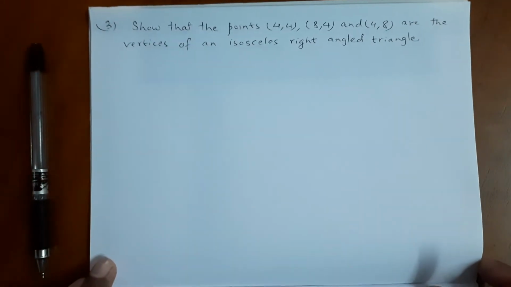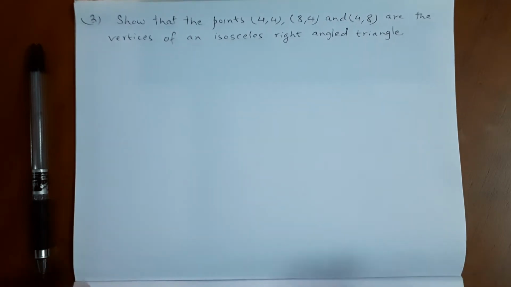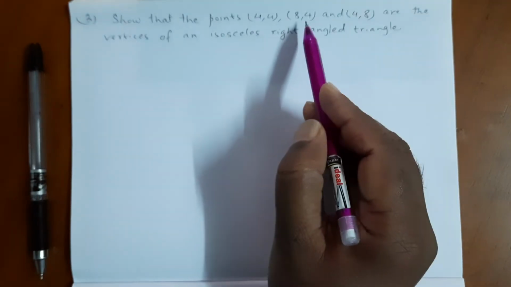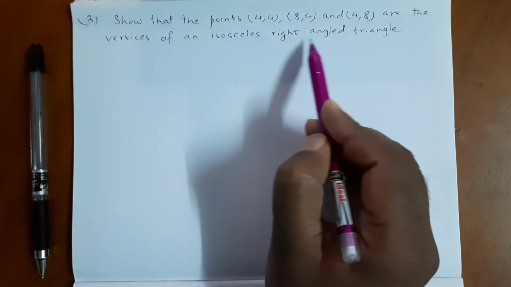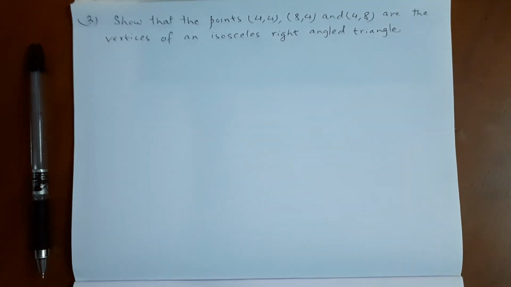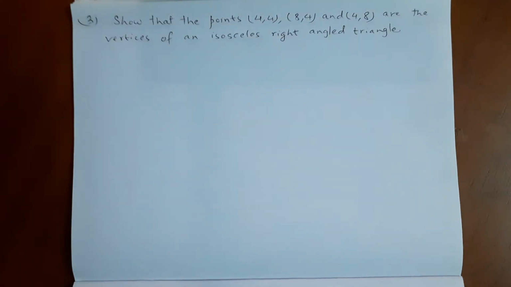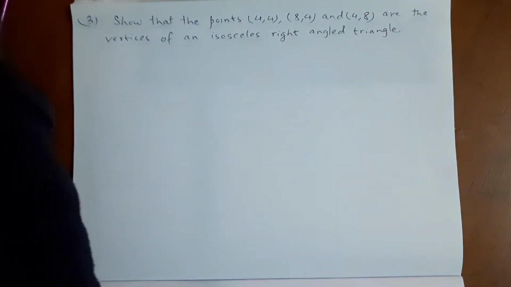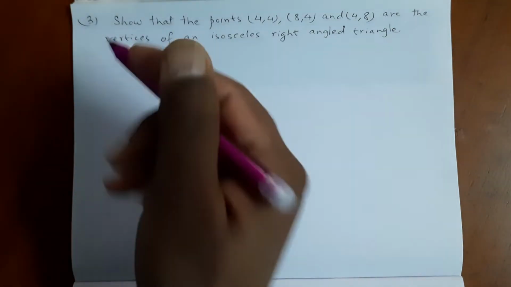Okay, here we have to prove that (4, 4), (8, 4), (4, 8) are the vertices of an isosceles right angle triangle. Here we have to prove that two sides of the triangle are equal, as well as we have to prove that one angle is 90 degrees. To show one angle of the triangle is 90 degrees, we will show the Pythagoras theorem is true for this triangle. Now here also, for the solution,